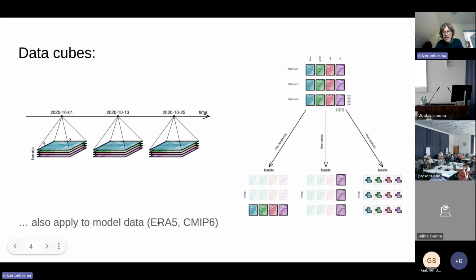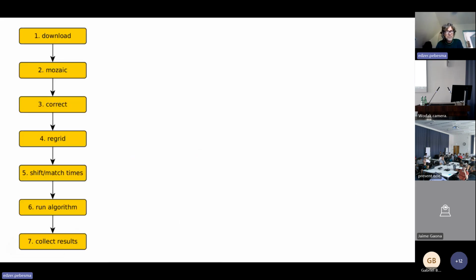It also applies to model data. Actually, model data like weather or climate data, ERA5, CMIP6, typically fit these data cubes even better because they're computed on a data cube. With Earth observation, you have this problem with all the tiles that are scattered and all the coordinate reference systems and so on. Those are things that in predicted, modeled data cubes can be resolved beforehand, and you get regular time intervals and so on. Yeah, for Sentinel-2 you have regular time intervals, but they can be 5 days, and you want to work with monthly and so on. There are these kinds of issues.